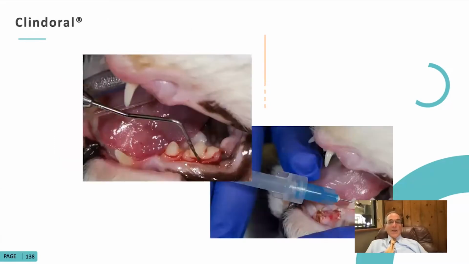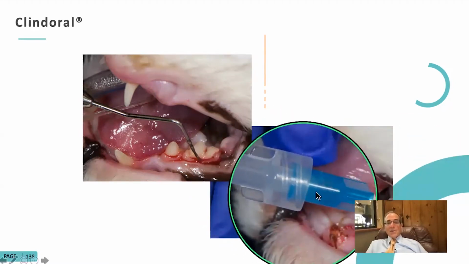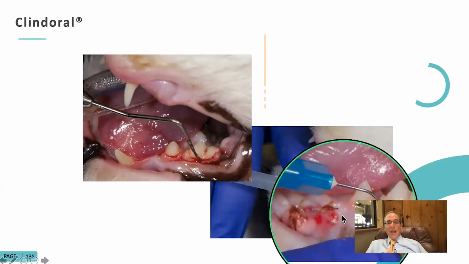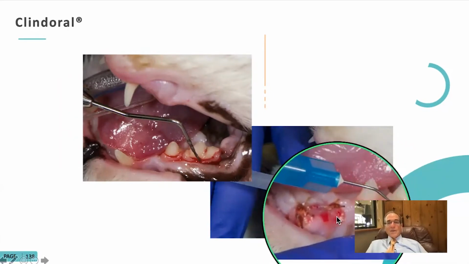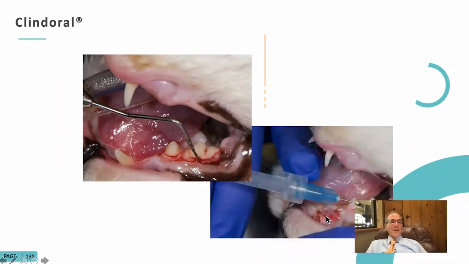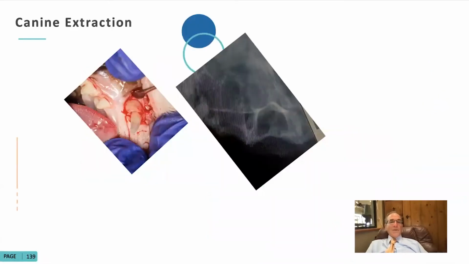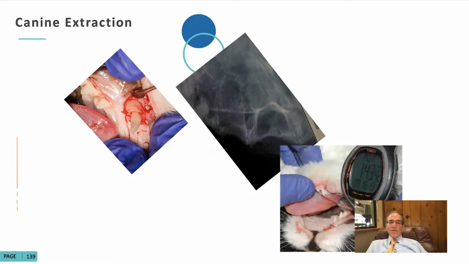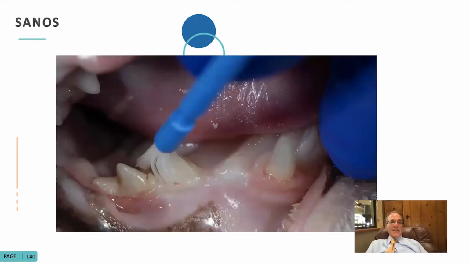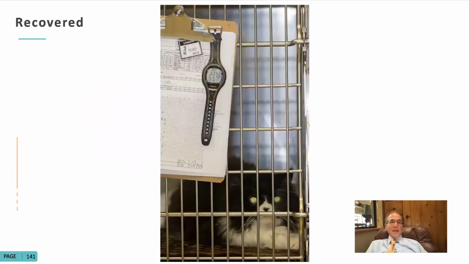And we tell them that, okay, this area has a little periodontal disease, and we're going to wind up putting the periceutical, which we like to use clindamycin or Clindoral, and this tooth resorption area, we extracted that tooth. We took radiographs afterwards, and now it's 1:43. Placed Sanos before the cat wakes up. It's 2:37 now, the cat's up.